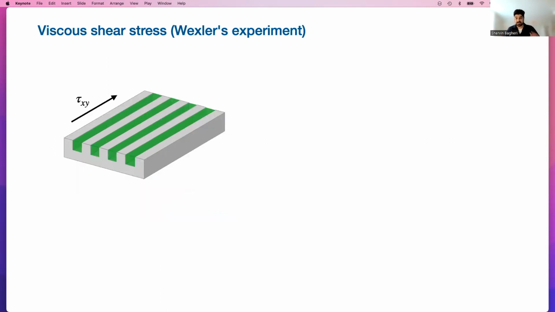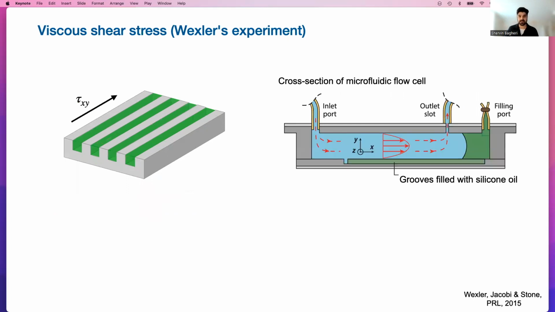So we're going to start with the simplest case, which is just the viscous shear stress, as you see in the direction of the grooves, shown here with the black arrow. And this has been studied by a group of Howard Stone in Princeton, the Wexler experiment, we can call it. So what they did is that they looked at a microfluidic channel. So here at the bottom in green, you have these grooves. And this is a cross section. You don't see the actual solid. You just see the